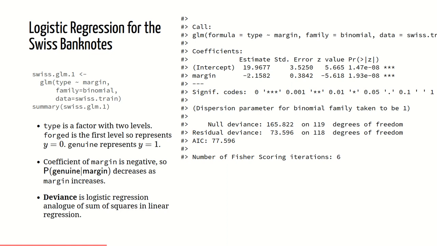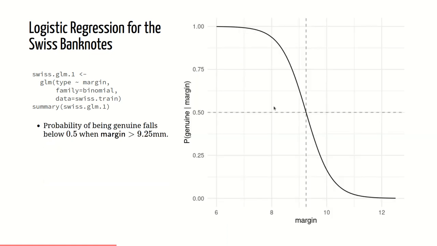Okay, so because the coefficient of margin is negative, as margin increases, that probability is going down, right? And in fact, it goes down according to this. So this is our sigmoid that we fitted to the data. It's the opposite of the usual one. The usual one starts here and goes up like this, and that's because the coefficient of margin is negative, right? So we've just flipped it round, and so you can see there's kind of a threshold here